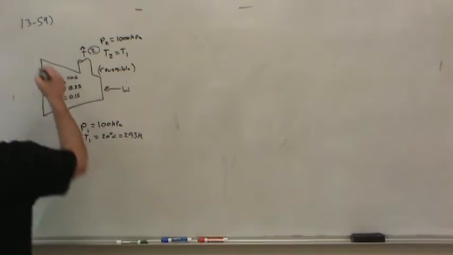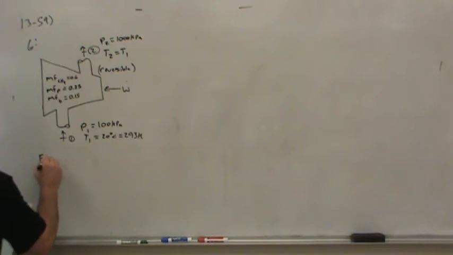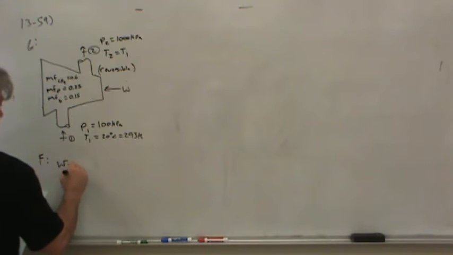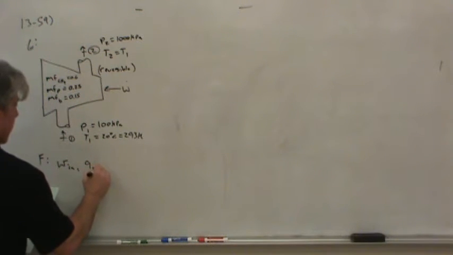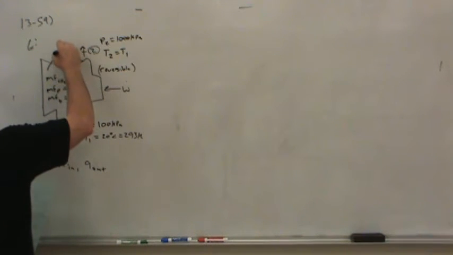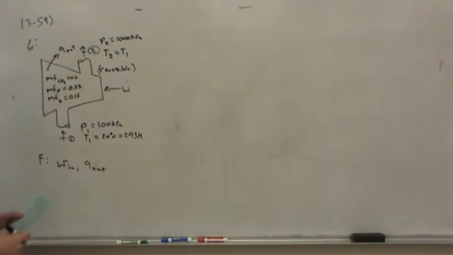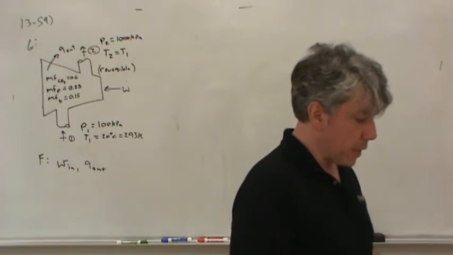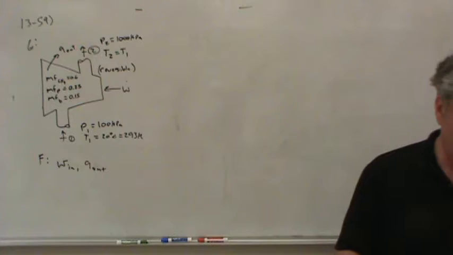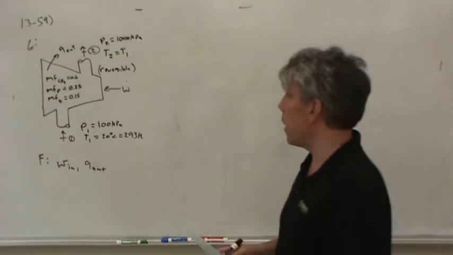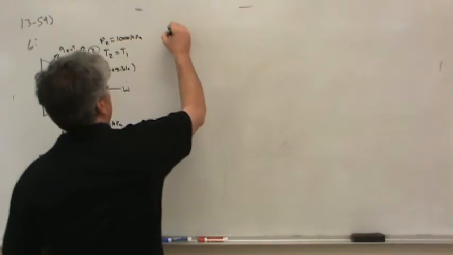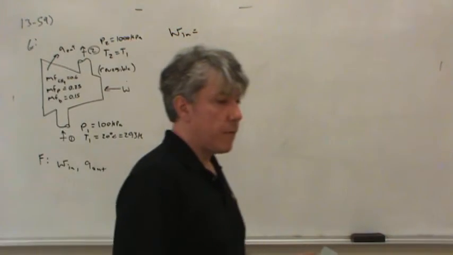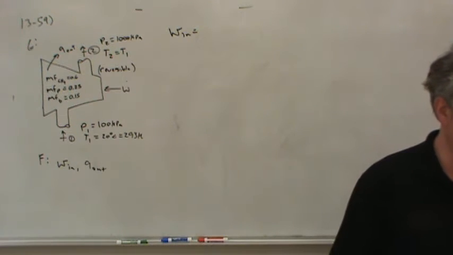And what they wanted us to find, if this is the given, was the specific work input and the specific heat output, because there's heat loss during this process. All right, the first thing I want to do is get some properties of the mixture, but I'm not sure what properties I need. Why don't I just try to find out what it was they wanted me to find out. So the specific work in, well, to find that, what I need to do is find a reversible steady